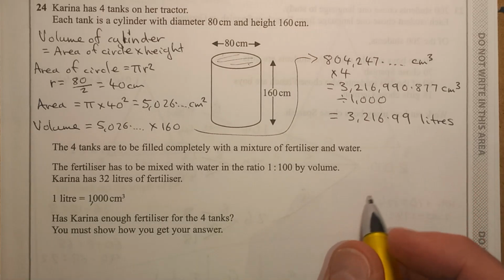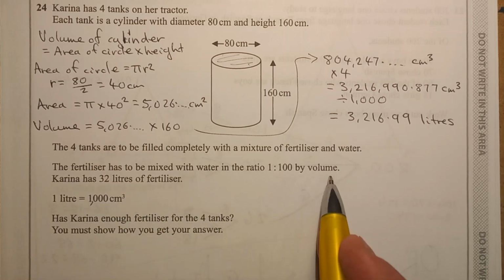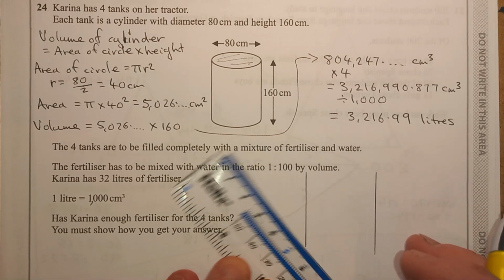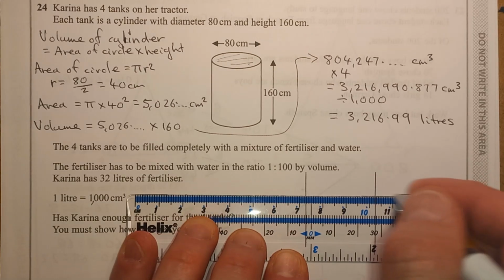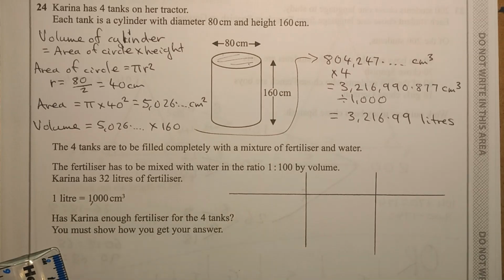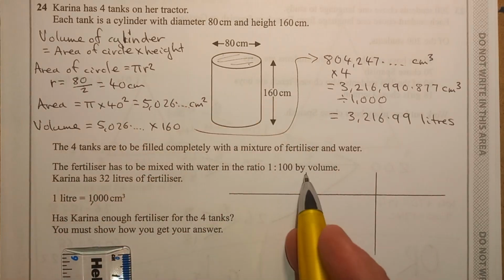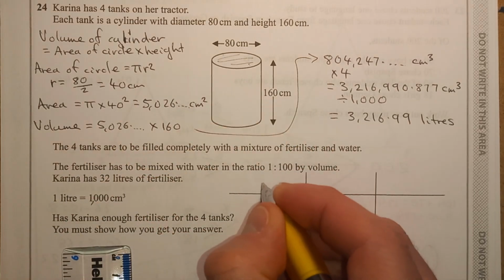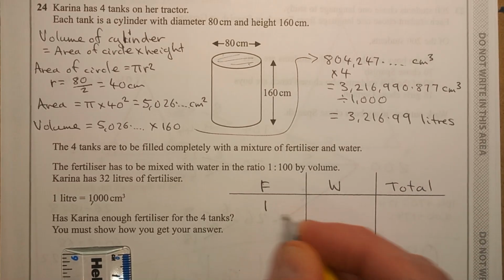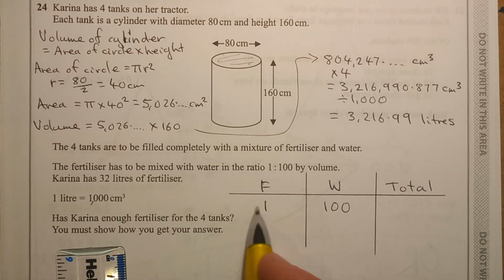Right, the fertiliser has to be mixed with water in the ratio of 1 to 100 by volume. So we've got a ratio there. Let's draw a ratio table. With this question, it's great if you know where you're going. This is a 4-mark question, but if not, then just sort of go with what feels right or what you can work out. So we know we can do the area, we know we can do the volume, we know we've got a ratio going on, and we've got fertiliser and water, and we're going to have a total, and we've got 1 fertiliser for 100 water. So our total would be these two together, so it's going to be